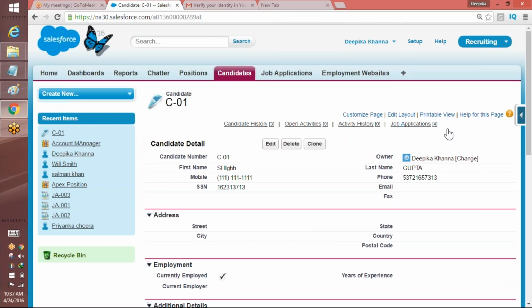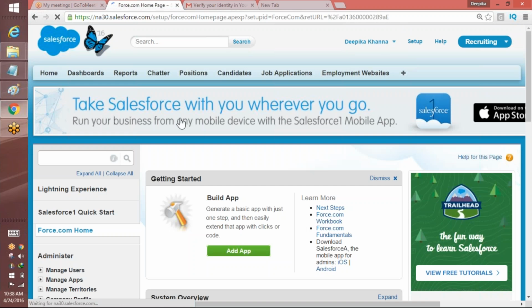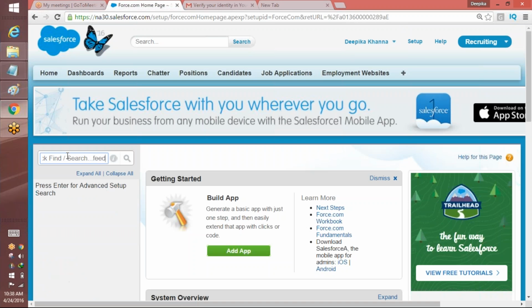So if you wanted to have the follow button, follow means basically I wanted to follow this record, and if someone changes anything on that record, I should get a message on my chatter that, okay, somebody changed, so and so person has changed this particular thing. You getting my point? So if I wanted to have a follow button, what I'm going to do, I'll go back to the setup, I'll click on feed tracking here,